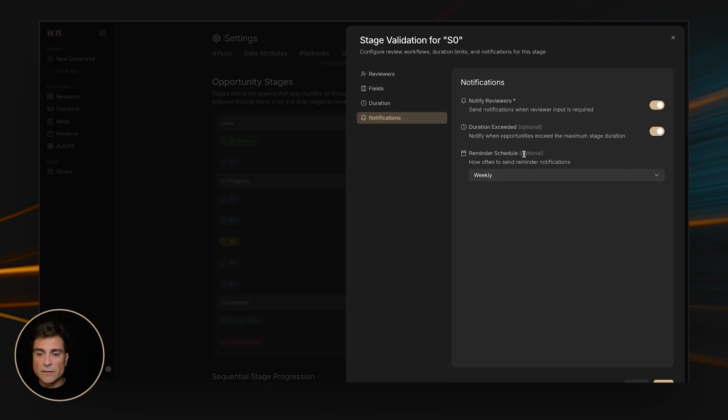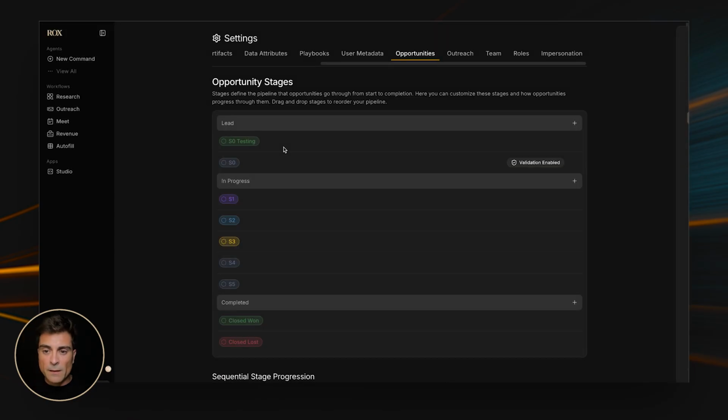And lastly, you can control the notifications. So this is how you can define controls over how your stage process flows, and you can define the stages, and you can define the validation of each of them. Now let me take you back to the opportunity view. Let me show you some of these